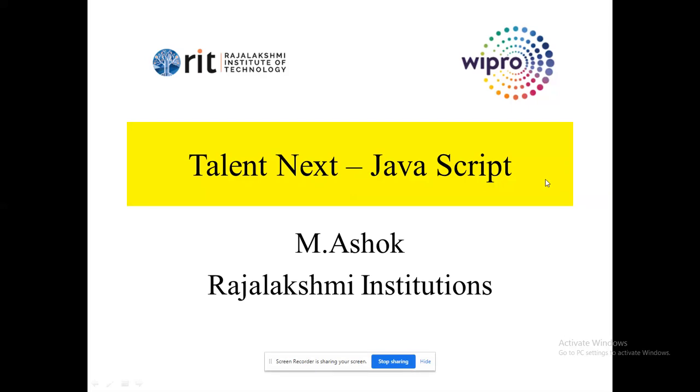Dear learners, the next part of JavaScript that today we are going to discuss. So till now we have seen the fundamentals of JavaScript: variables, constants, the categories of operators, how to create a user-defined function, what the built-in objects are, and in the browser object model, the five different objects. These are all the things that we have covered till now.